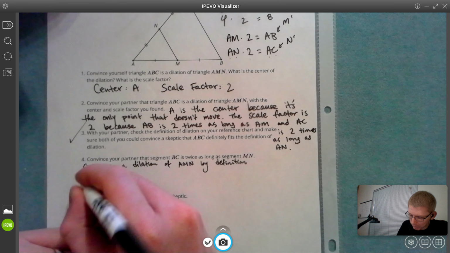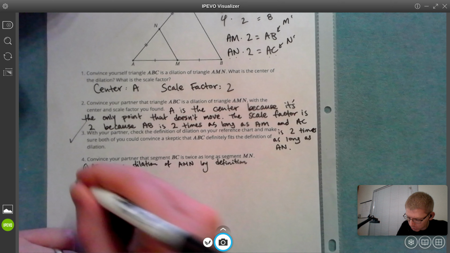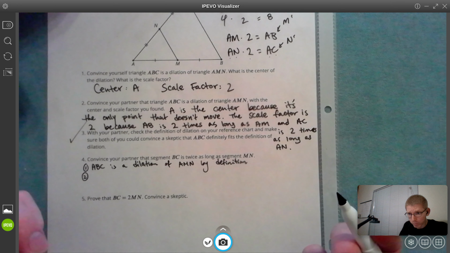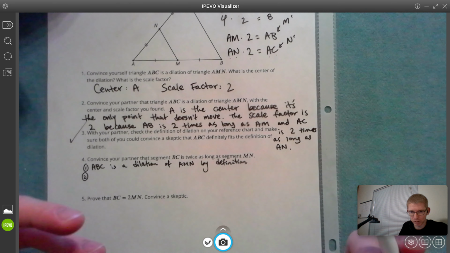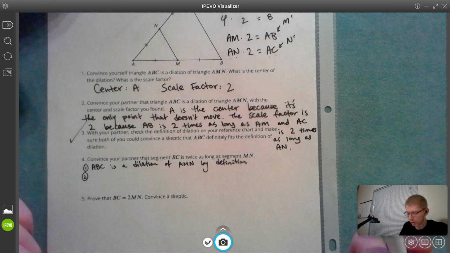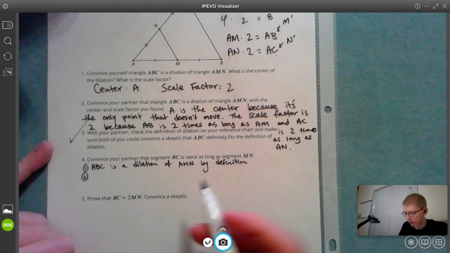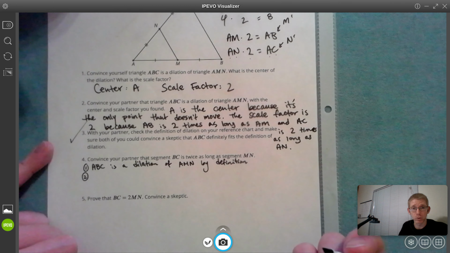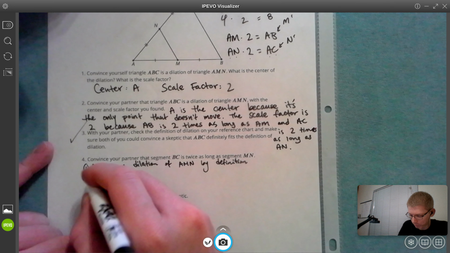Okay, so then now that we know that those triangles are dilations of each other, now we can apply the definition to figure out like other stuff like the scale factor, and we can also talk about properties of dilated figures, right? So one thing that we know about dilated figures is that corresponding sides are proportional. Okay, so we can say